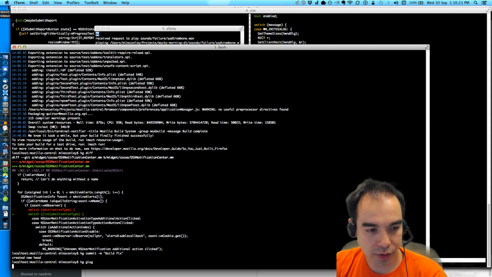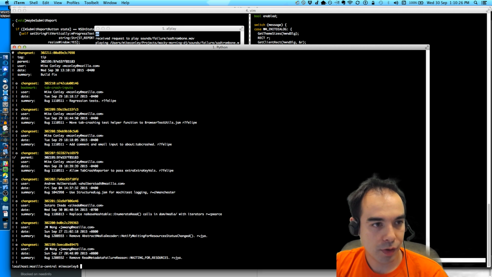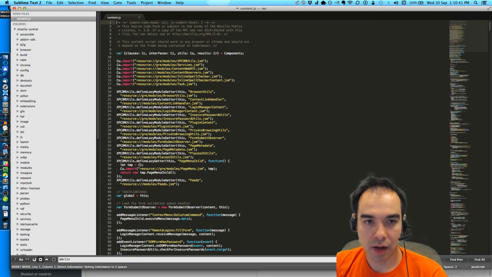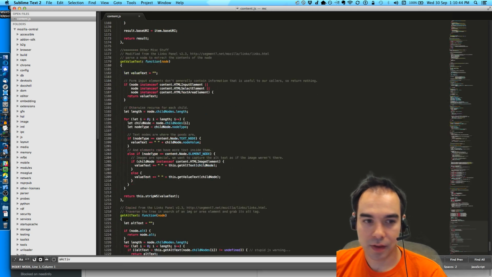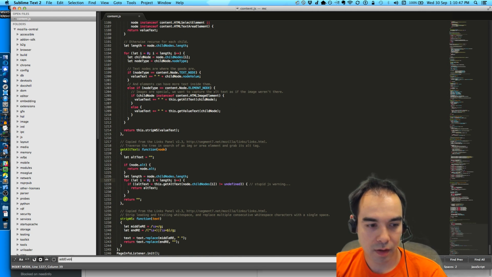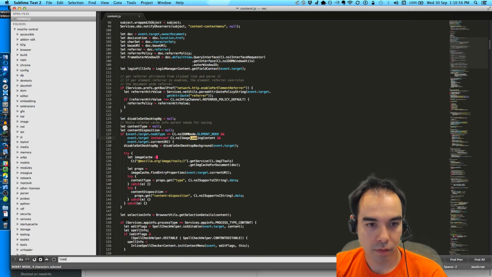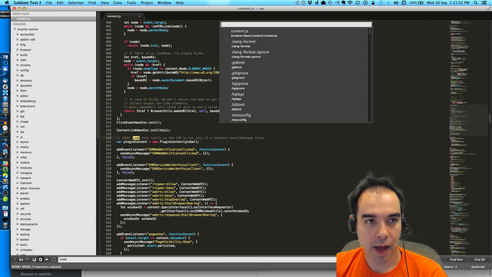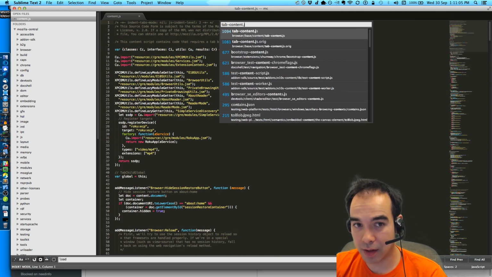Okay, and then what I want to do is, where's a good place to do this scanning? Something tells me that content.js is the right place. Because we've got, yeah, content.js, and then there was tab content.js.